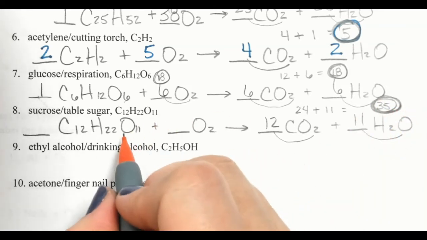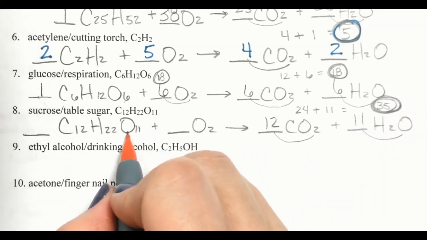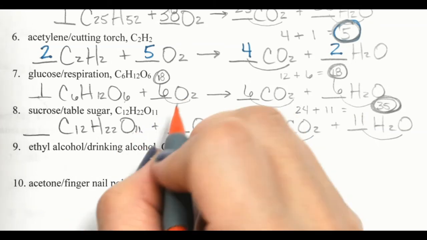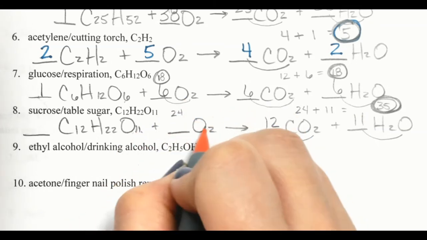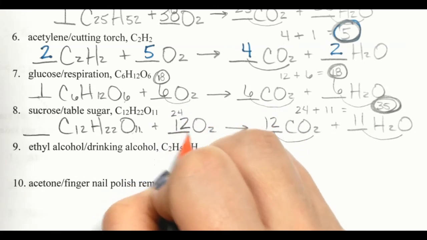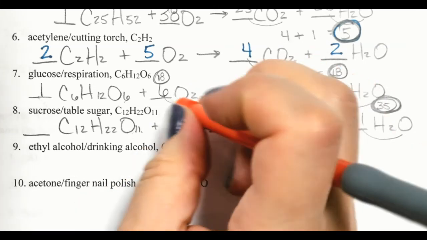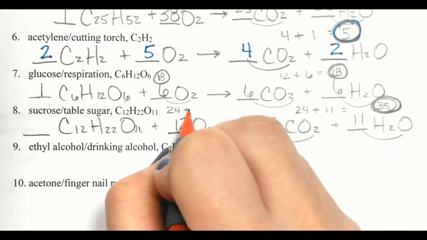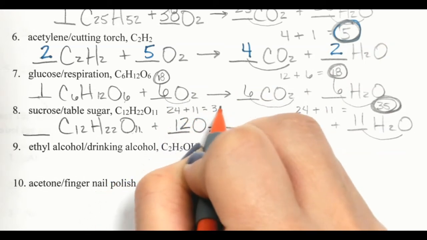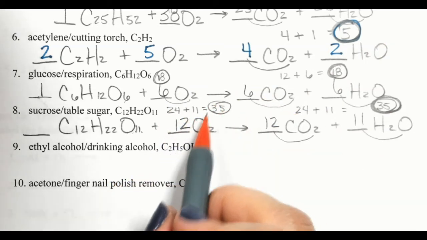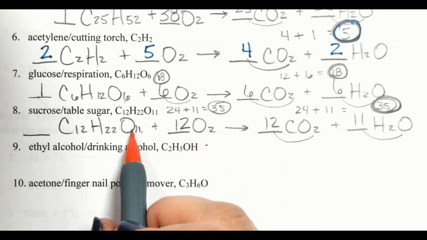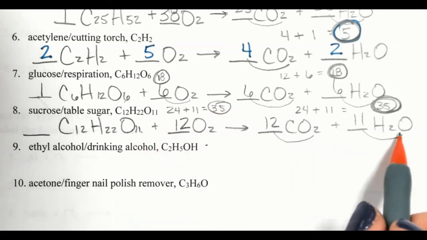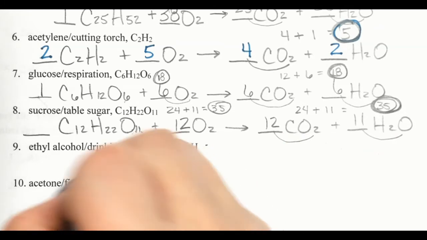So, let's see. Over here, 35 minus this 11 means that I need this to be 24. So, 12 times 2 will give me that 24. And so now I have 24 plus 11 equals 35 oxygens on the left side as well. So we have to add these plus these, and they have to match these plus these. Number 9, you have